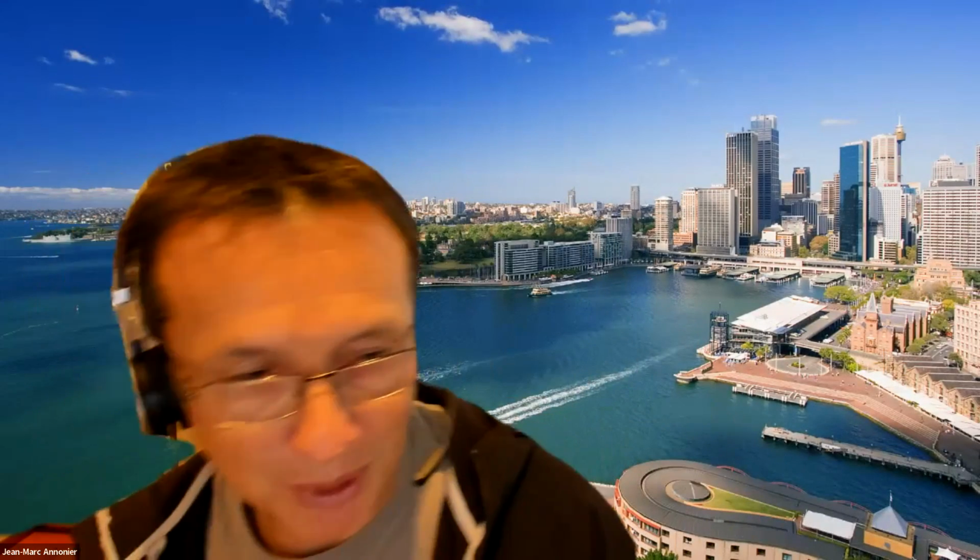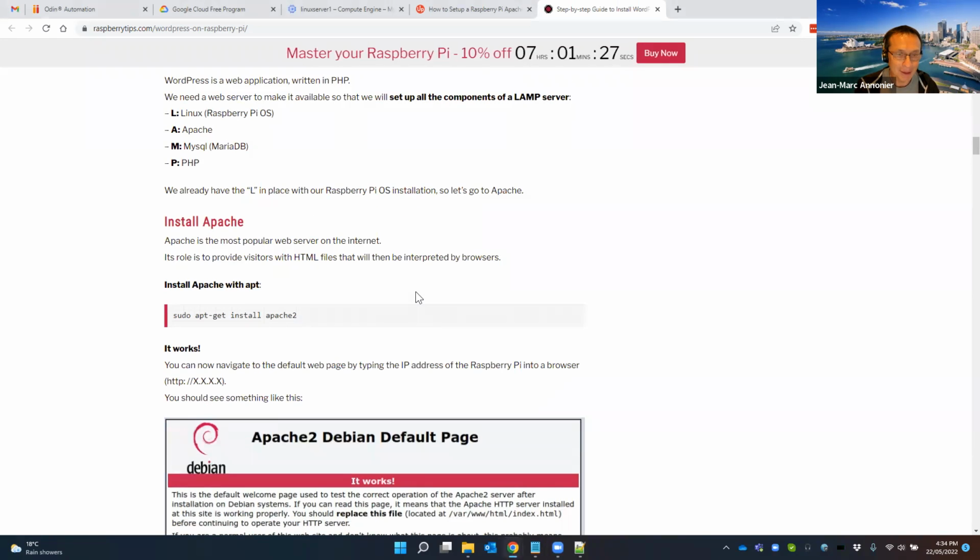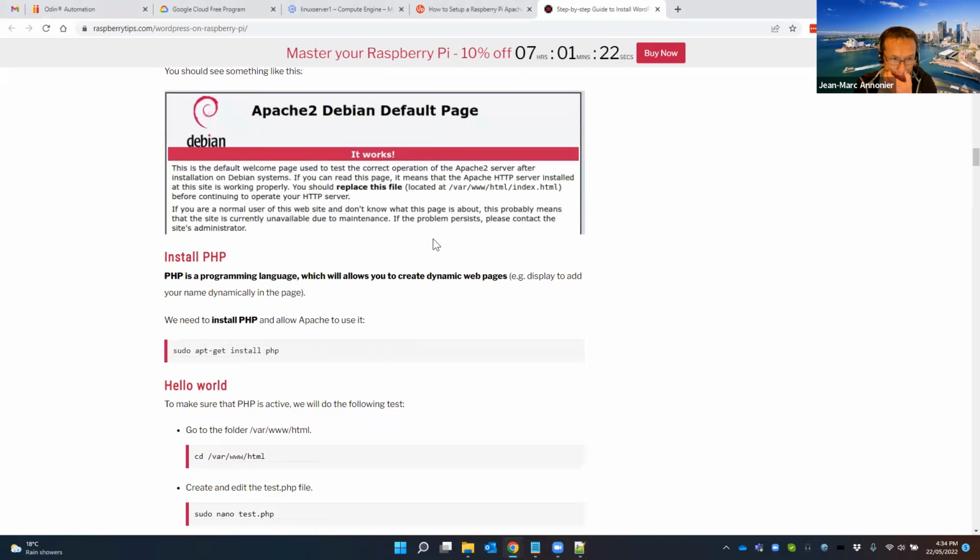We're going to show you how to install WordPress on Apache. As you remember, in the first part we just installed Apache with a basic web page, and now we're going to install the whole WordPress package. I'm going to share my screen so you can see what's happening, and I'm just going to follow again this tutorial that we've seen before.